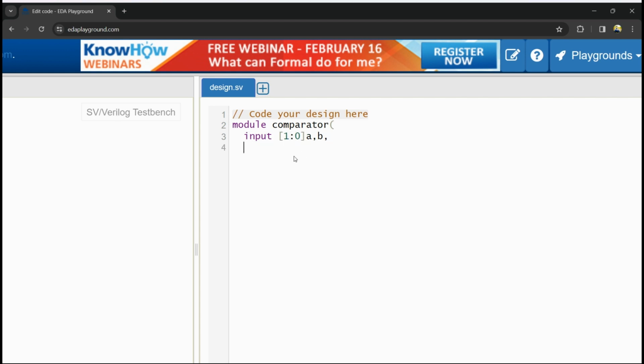Now we require three outputs: one is greater than, another is less than, and equal to. These are the inputs and the outputs we require. Now I am using the always block, always at the rate. Either we receive the A input or B input, the operation will begin. Now, what are the conditions? If A greater than B, then begin